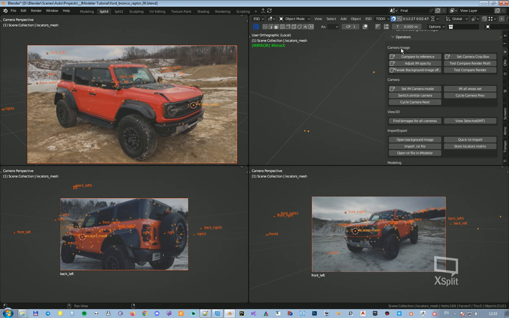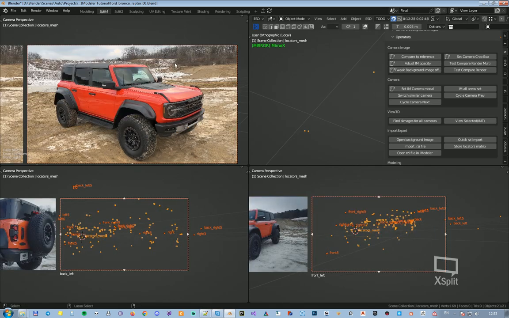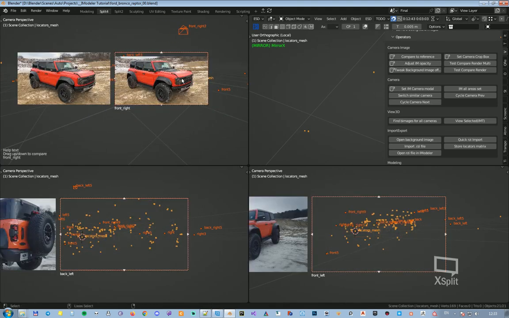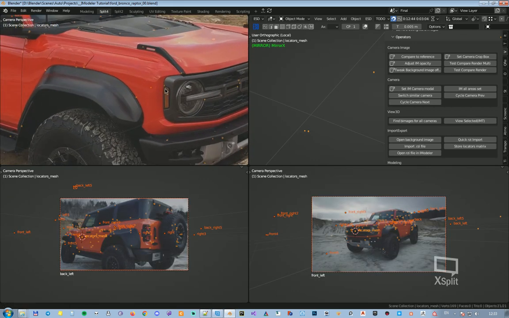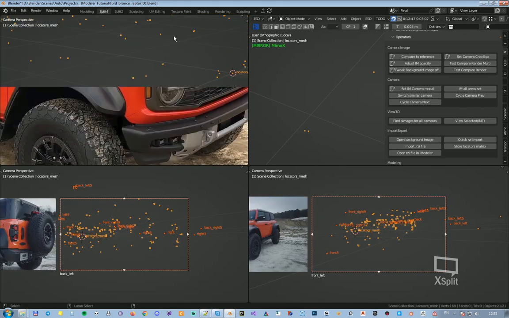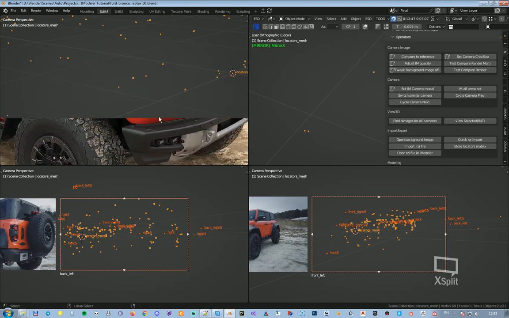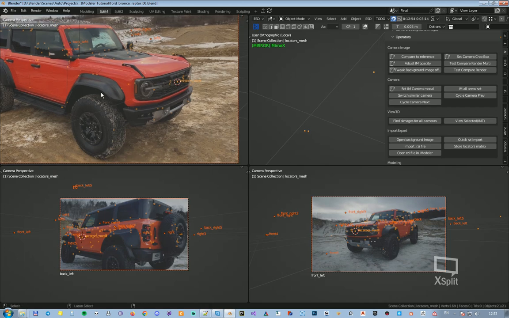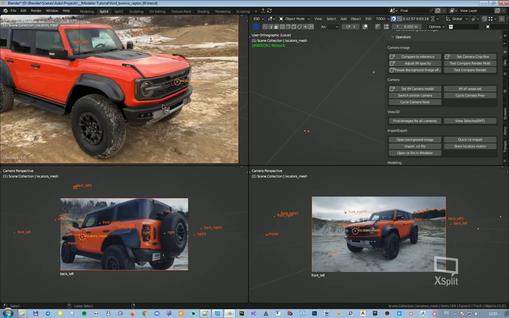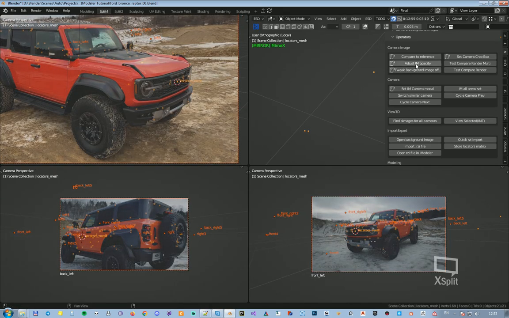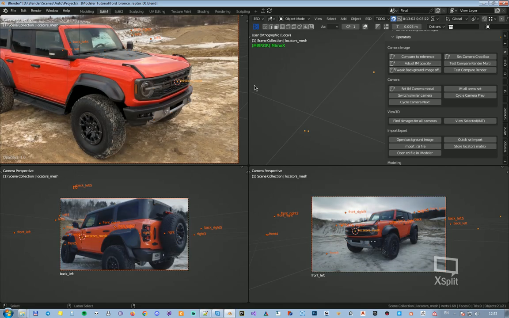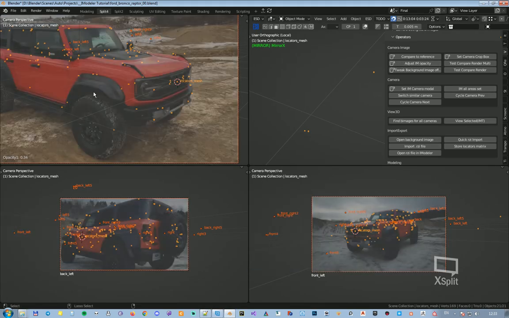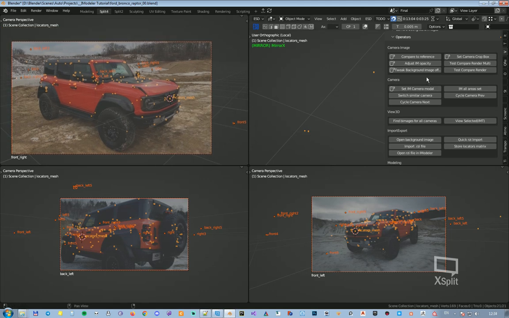So next, let's take a look at these operators. First is compare to reference. It can compare like so. So you can precisely compare which differences your model has from the photo, and you can adjust opacity. This next operator is opacity. You can compare like so,